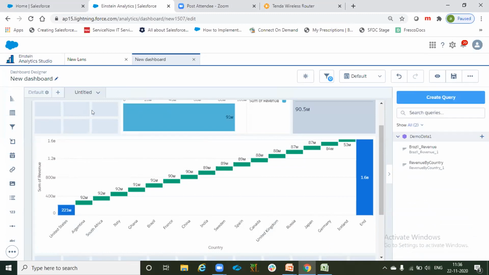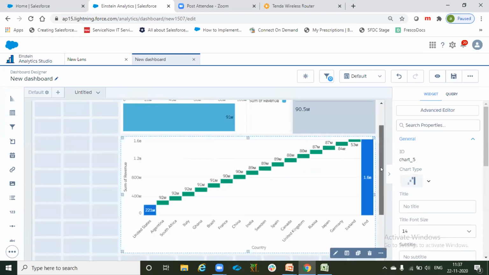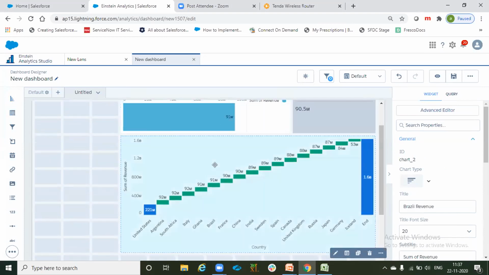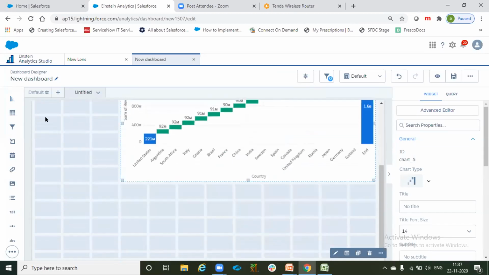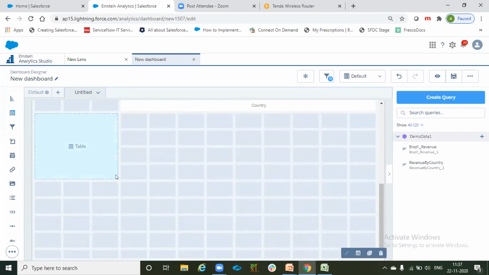Okay, now let's quickly see what the different widgets are, because I have to finish a few other points as well. These are the chart widgets, the first one, and both of these are chart widgets where we can show the data in a graphical representation. My second widget is tables. You can see the table. A table is nothing but a format or view in the Excel way.